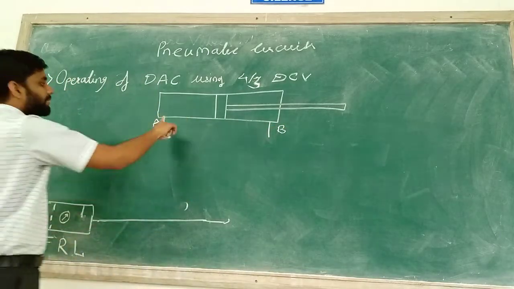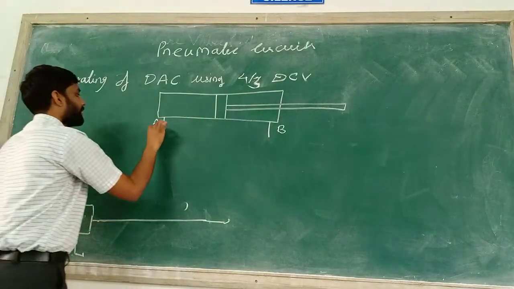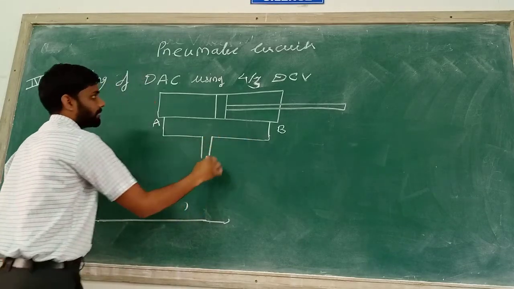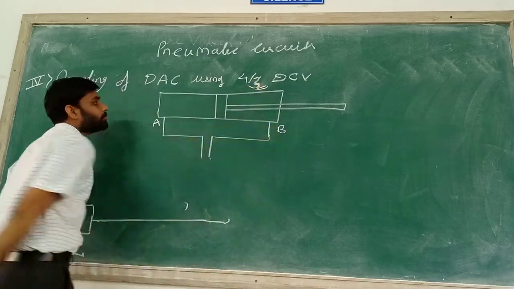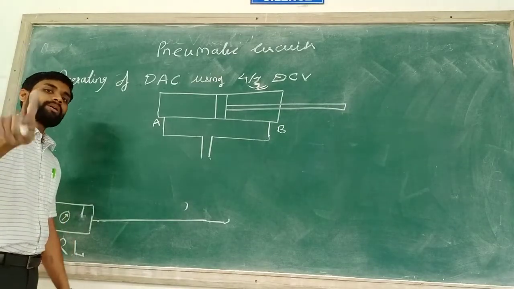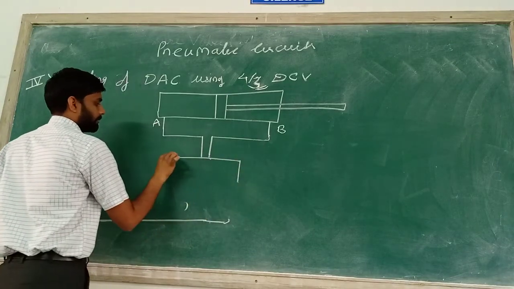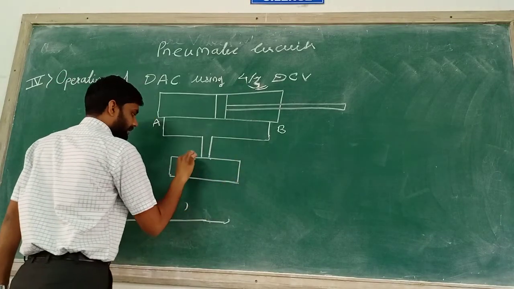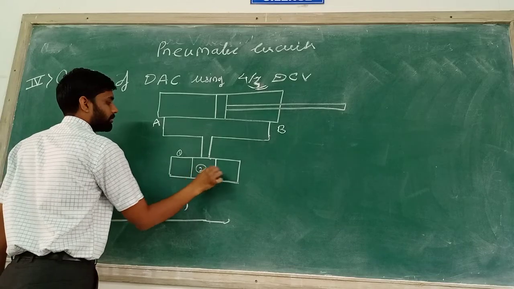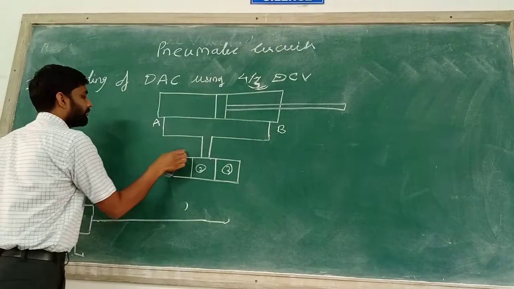You know, in case of a double acting cylinder, entry of fluid or air is on both sides of the piston. We are going to operate it by 4x3 direction control. This is the first time we are going to study a direction control valve which has 3 positions. Until now we saw only 2 position direction control valves, but this valve has 3 positions. So we need to make 3 squares here. This is position 1, this is position 2, this is position 3.